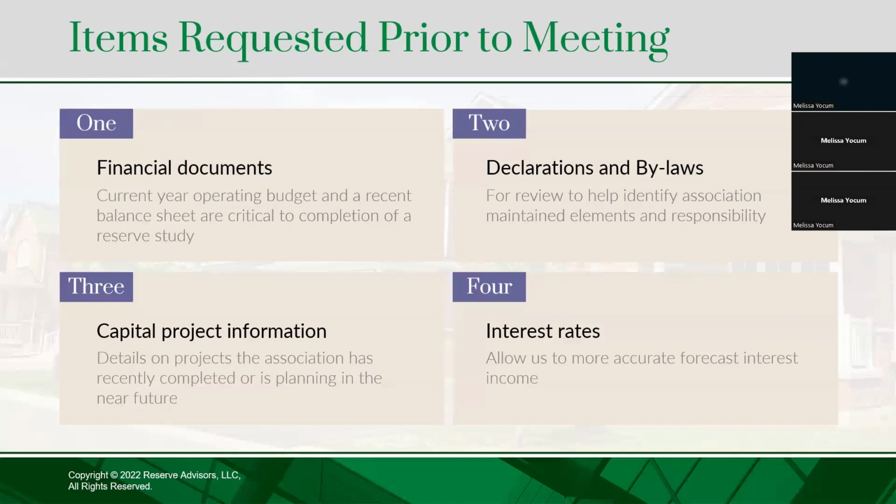We want to make sure that we're capturing all of that in the reserve study. And then lastly, the interest rate. So a reserve study does include both inflation as well as interest that you're earning on that reserve account. So we can either show what you're currently earning, your actual rate of return, or we can come up with a projected rate of return. So we typically use a 3-year CD average for that kind of average interest rate, but we can certainly use your actuals if you'd like us to.